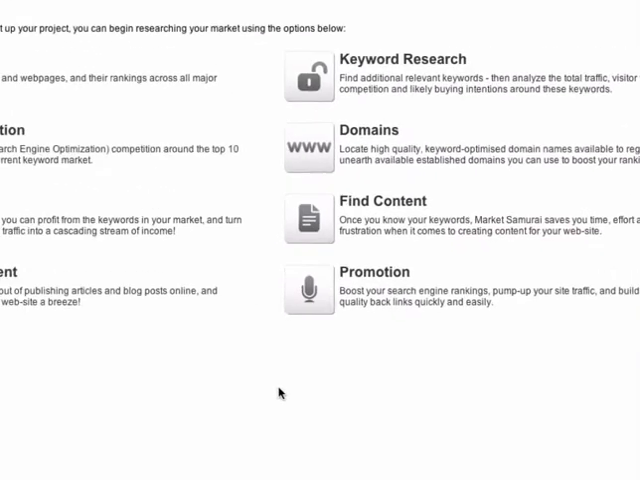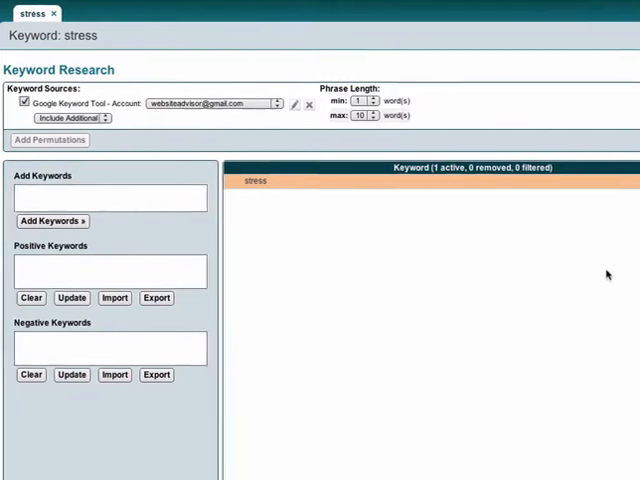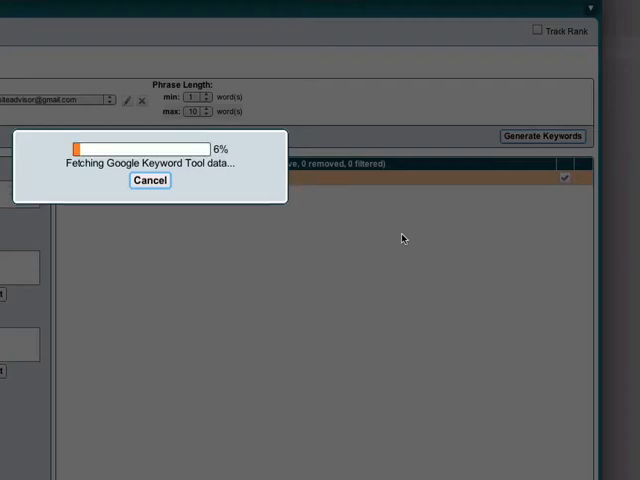Let's start with some keyword research. We're again searching stress. We're going to generate some keywords that are related to the phrase stress. So right now, Market Samurai is going out to Google and using the Google history in the Google keyword tool to find all of the keywords that are related to stress. It's going to pull back up to 800 different keywords that might be related to stress, and we can see what they are and what's available. So once I get them all,